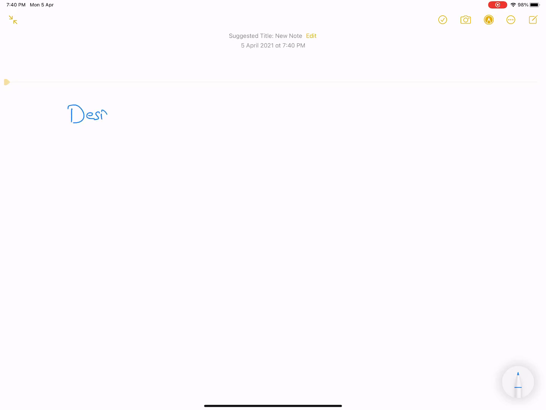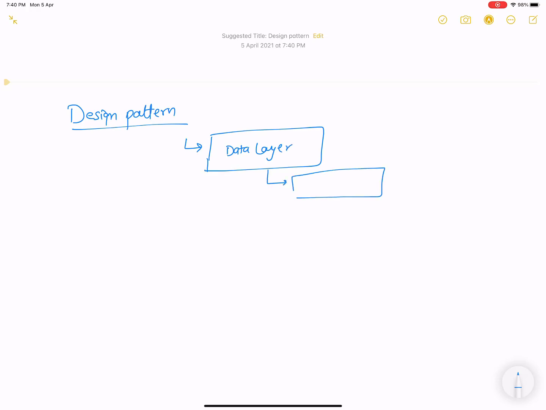Today I am going to show you some basic design patterns in ASP.NET Core and how the project will work according to the design pattern. So actually the project is divided into 4 layers. The first layer is related to the data, and you can say that the data is actually related to the models. So the first layer is the data layer, and you can say the entity layer, where your entities are.